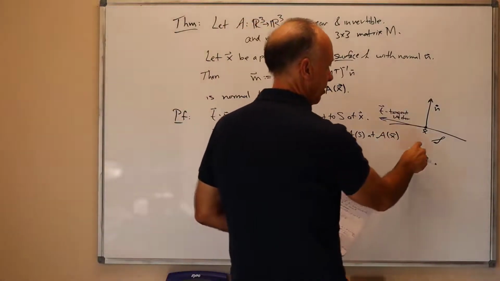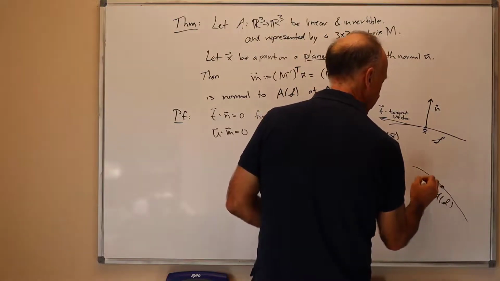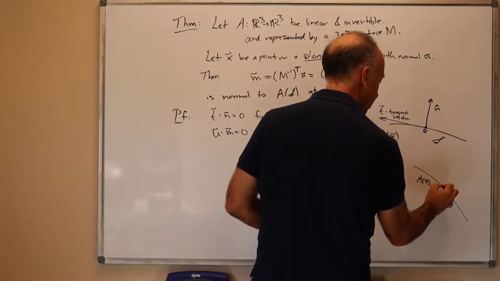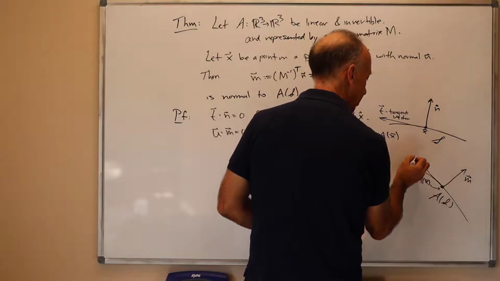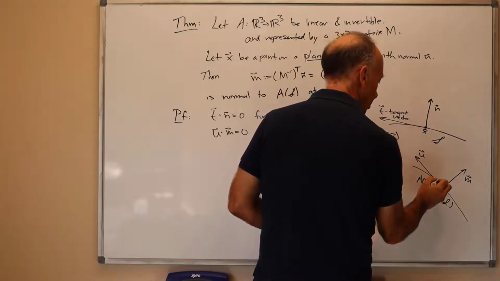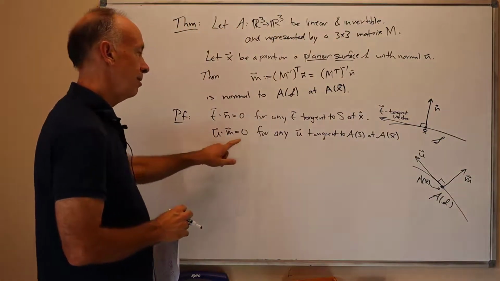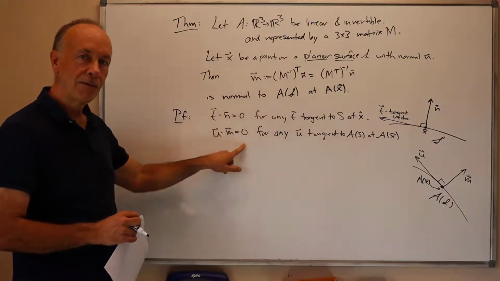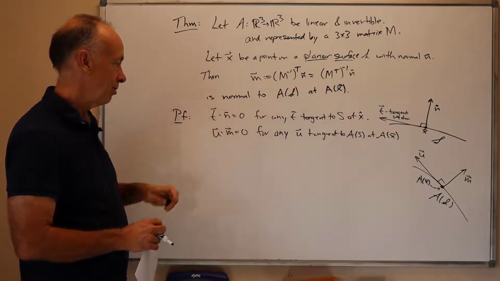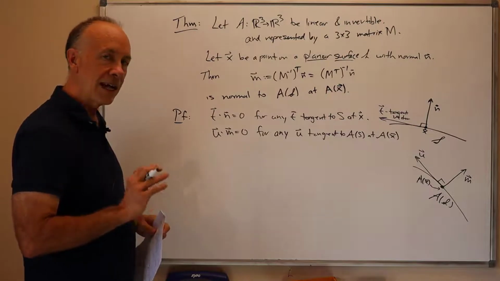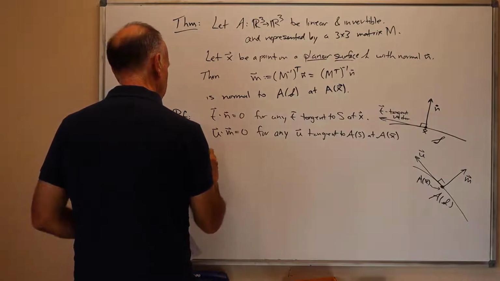So just to draw the picture here, here was S, maybe here is A of S, here's A of X lying on the plane, here's the normal vector M that we're giving the formula for, and if I have a tangent vector U tangent to the surface, then M dot U equals 0. And this is the defining property for our normals. If these properties hold, then N is normal to S and M is normal to A of S. So these are exactly equivalent. And the point here is that if U is tangent,